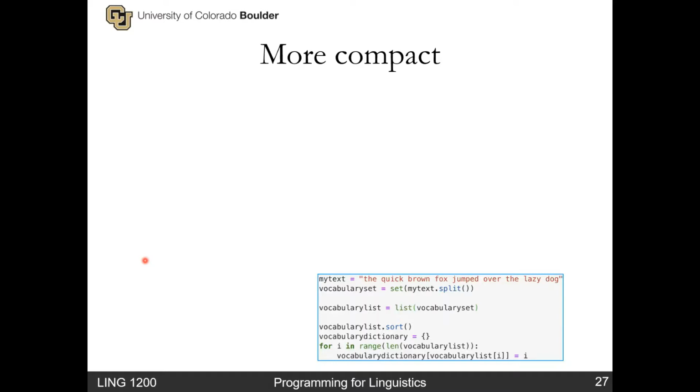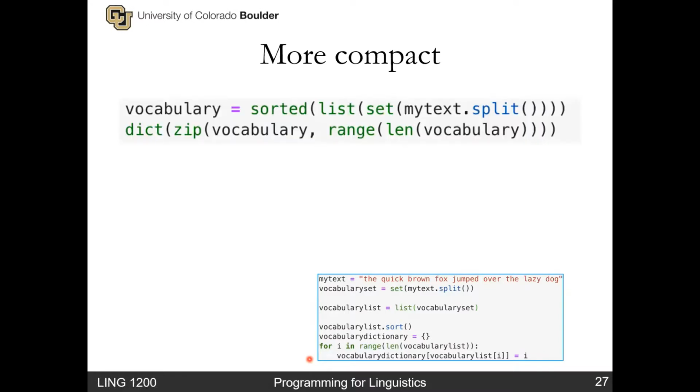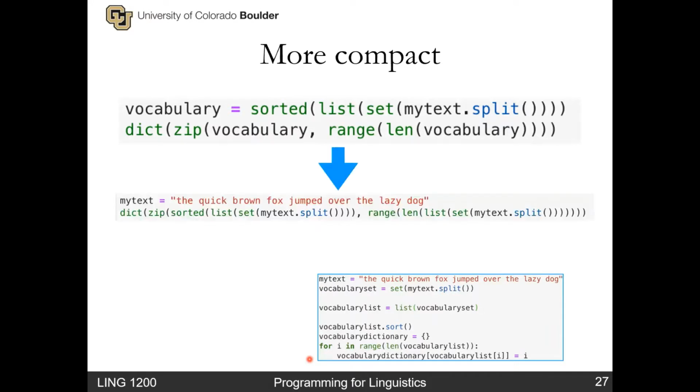It's much, much more compact than our original non-functional solution, which, not counting our input text, has 1, 2, 3, 4, 5, 6 lines of code, versus this one, which is split up into 2, but if we did it as we had it in the original slide, it would just be 1 line of code. That's much, much more compact. Actually, we can take those 2 lines and make that 1 line of code. So the functional solution, if you count our input text, has 2 lines of code versus the 7 lines of code in our non-functional solution. It's much, much more compact. However,